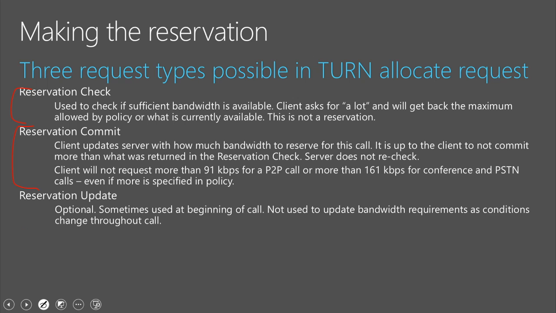We have a reservation update defined in the specification. I've seen it used occasionally, but really we could just focus on the check and the commit. The only thing that's really important to know here is that we do the check before we alert the user, but if the user is signed in multiple places, we don't do the commit till they pick up one